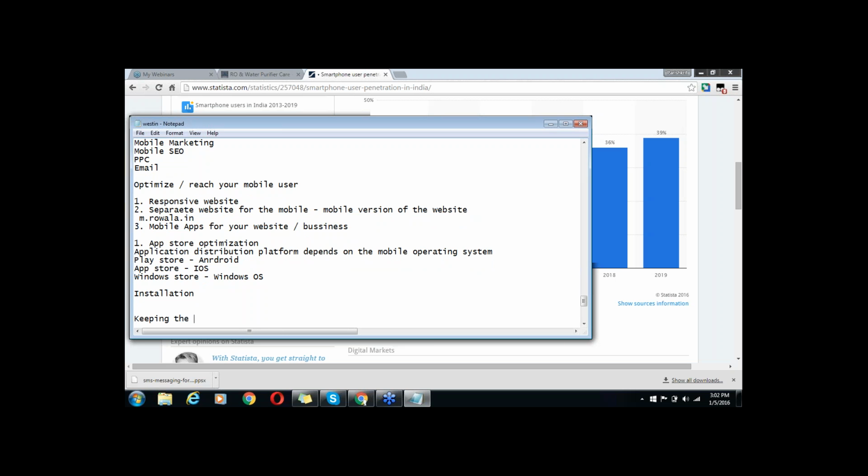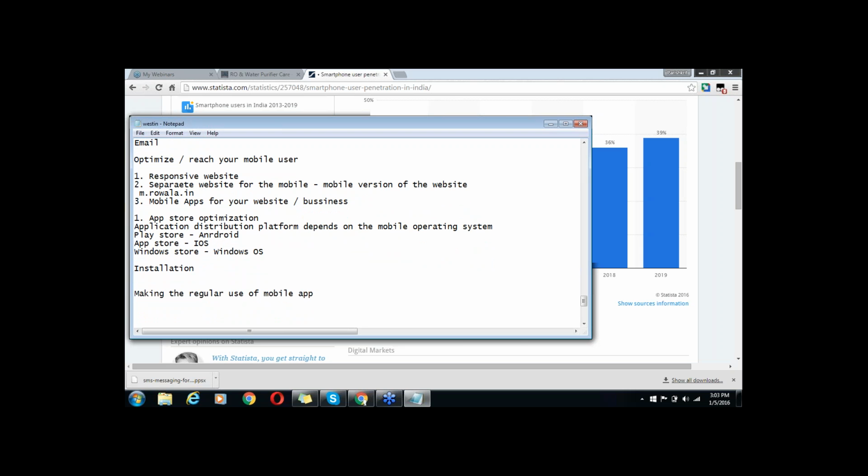keeping the regular use, making sure of the regular use of the mobile app. You can take all these three challenges one by one.